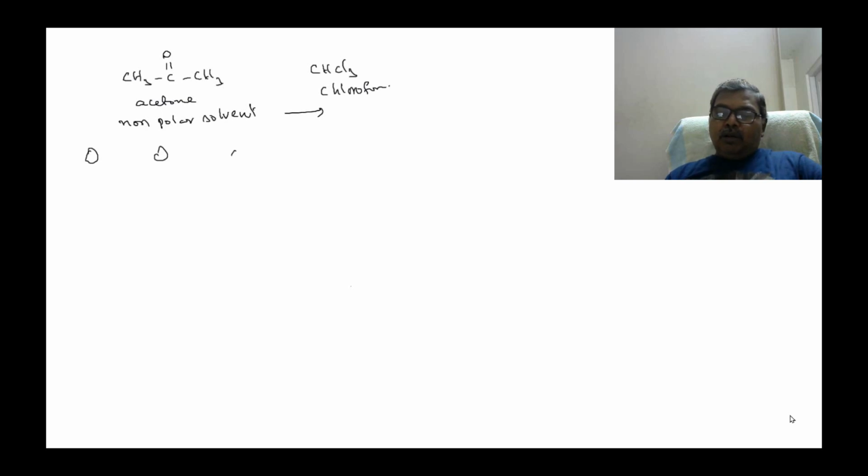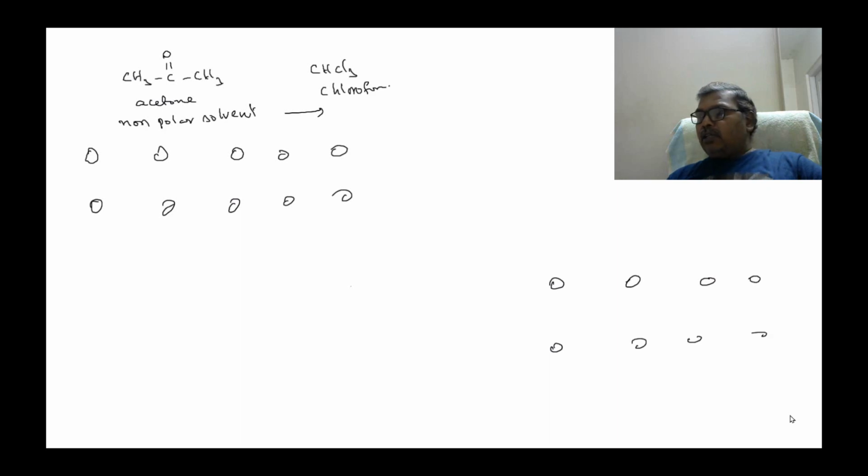In acetone, molecular distance is more, and the tendency to escape from liquid into vapor is more because intermolecular attractions are very weak. Same in case of chloroform also. Intermolecular attractions are weak. Tendency to go into the vapor state is more. Therefore, they form more vapor pressure. But when acetone and chloroform are mixed together,